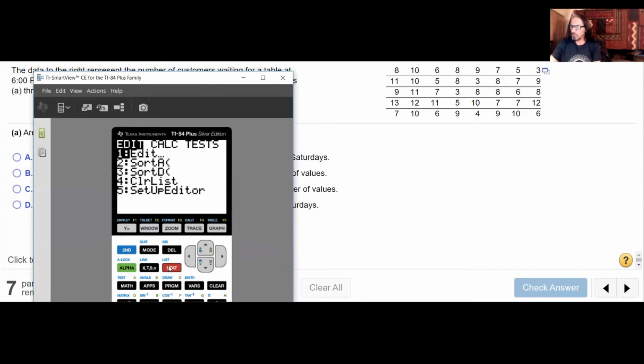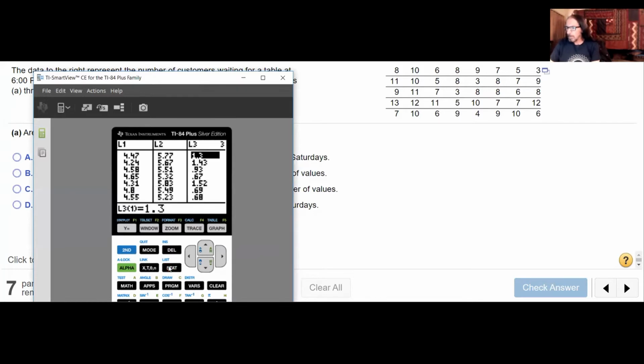At worst, the smallest distance would be 1, but it might be even further apart between two different scores. I'm going to put that data in order